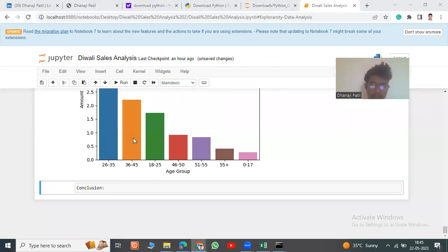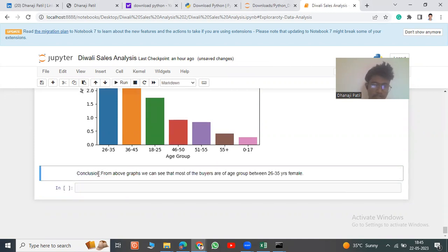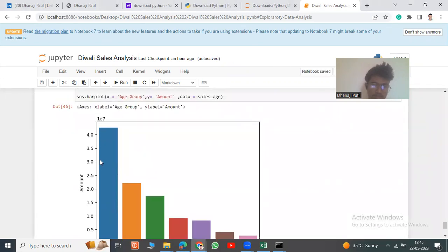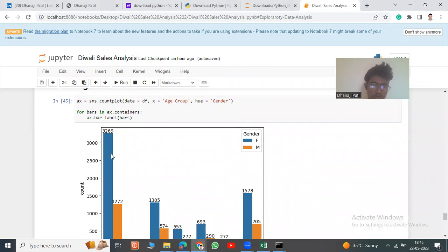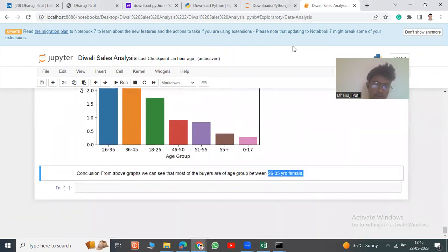This is our conclusion, and run the code. The conclusion is: from the above graph, we can see most of the buyers are females in the age category 26 to 35, right? This is the females because of this number of females. Okay, then next we need to